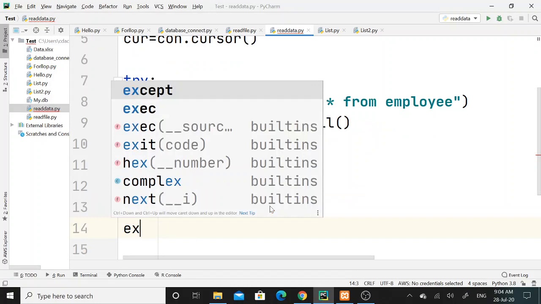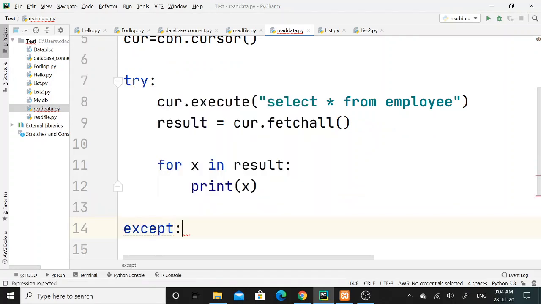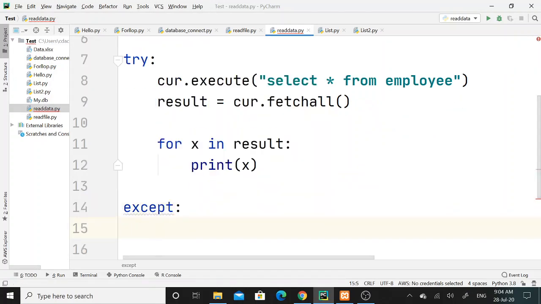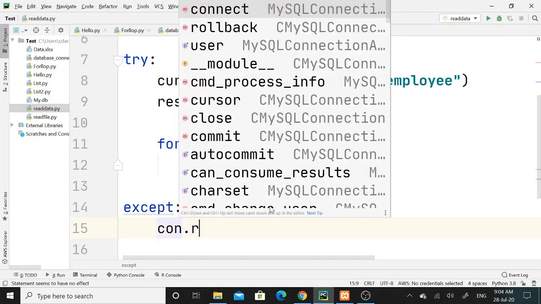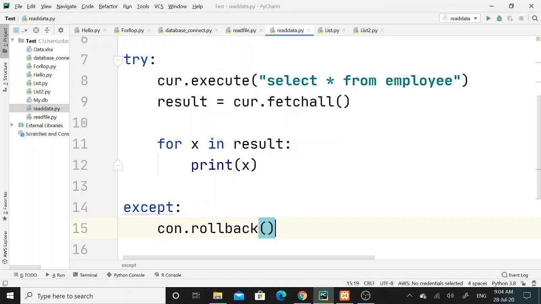Then I will call the except keyword, and in the except block, using the con variable, I will call the rollback function.